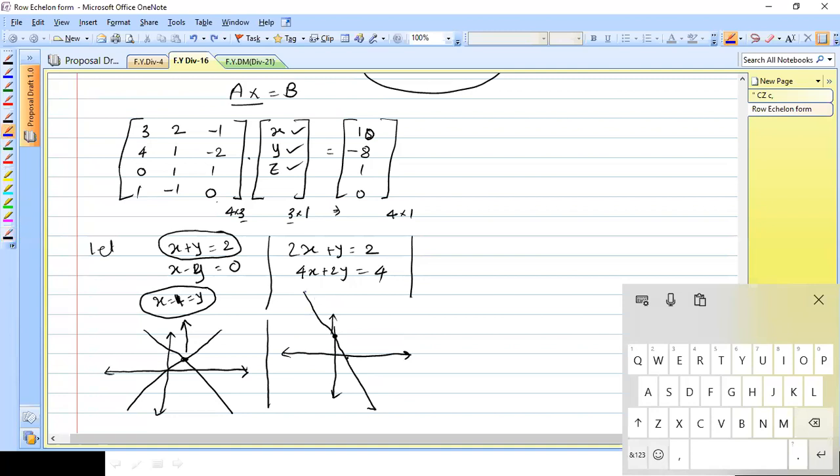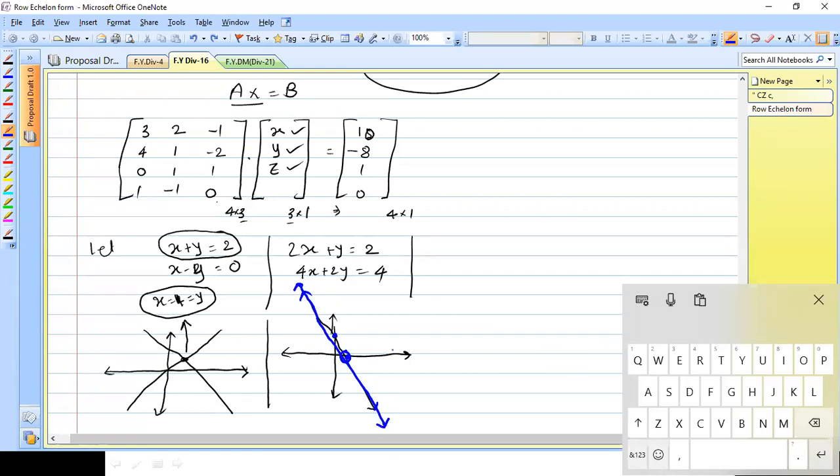So this line, 4x plus 2y, if I substitute again x is equal to 0, I'm getting y is equal to 2 again. So I'm getting the same point. Here also I'm getting the same point. So the other line also coincides with that line. So that's why every point is a solution. So we have infinitely many solutions.